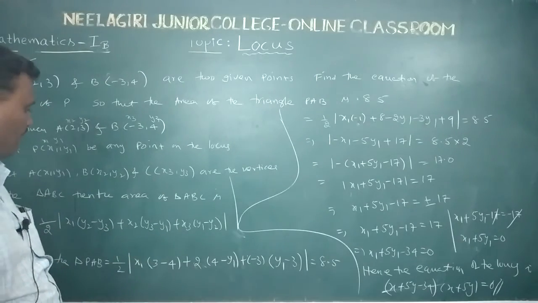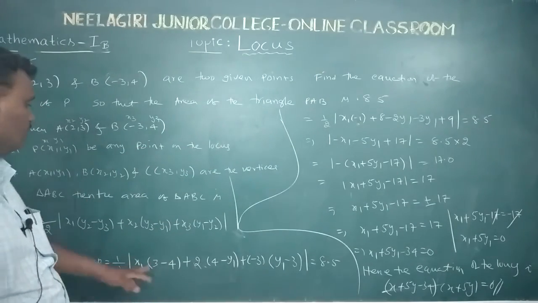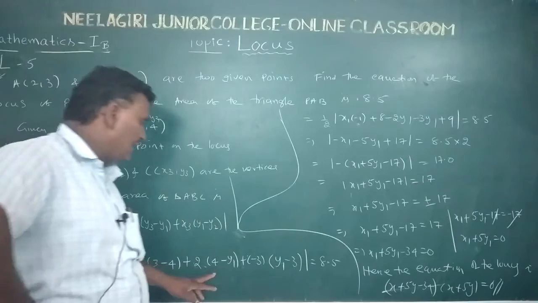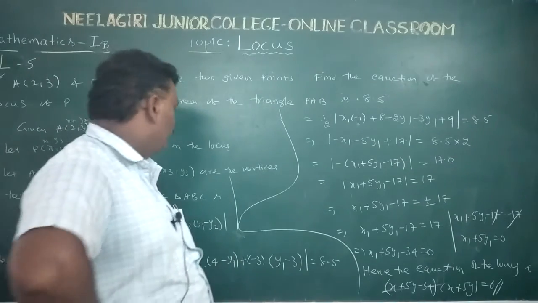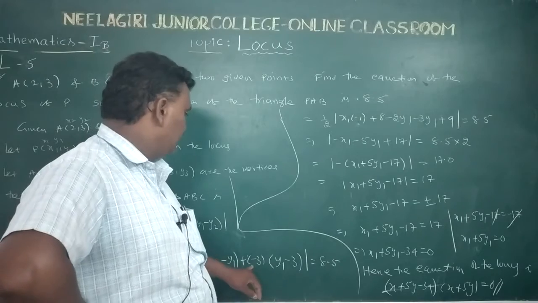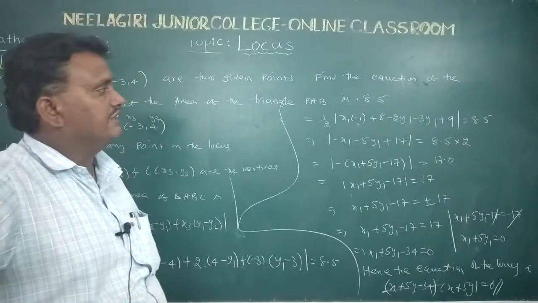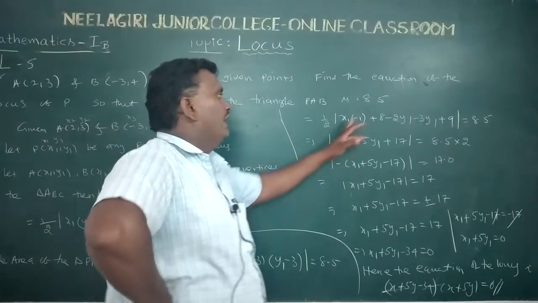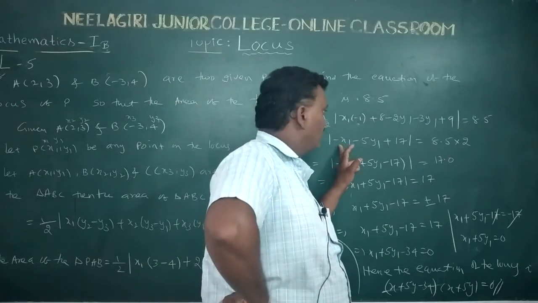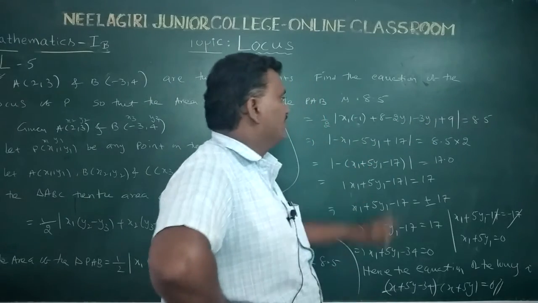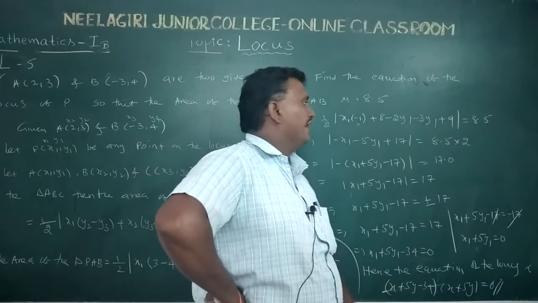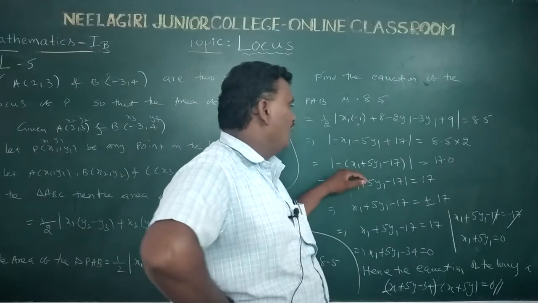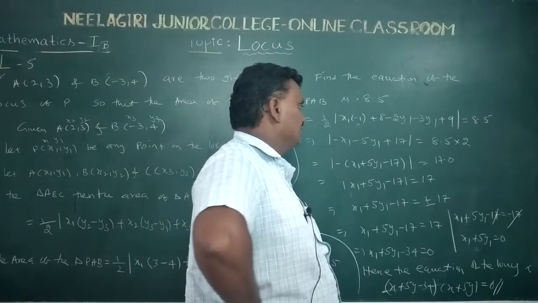Equal to 8.5 is half into (3 minus 4, nothing but minus 1), x1 into minus 1, 2 4 ja 8, 2 into y1, 2y1, 2 3 ja 6, next 3 into y1, 3y1, minus into minus plus 3 3 ja 9. Equal to 8.5, minus x1 into minus 1, minus x1, minus 2y1, minus 3y1, minus 5y1, 8 plus 9, 17. 8.5 into 2, how much? 17. Minus is the common: x1 plus 5y1 minus 17 is equal to